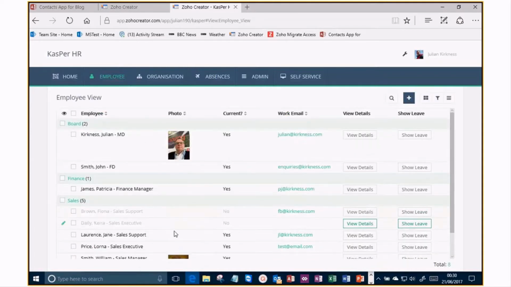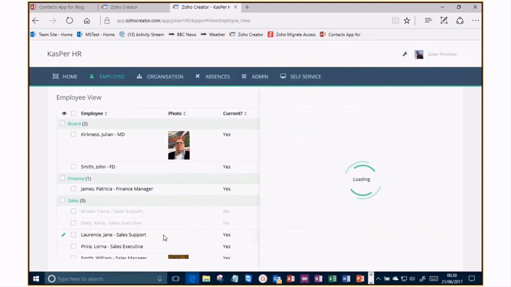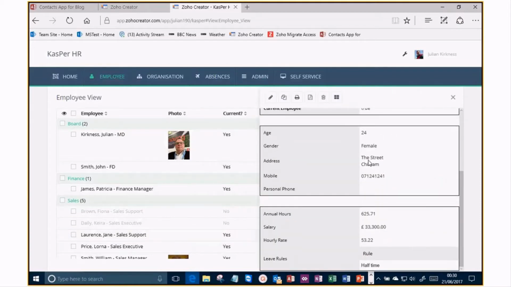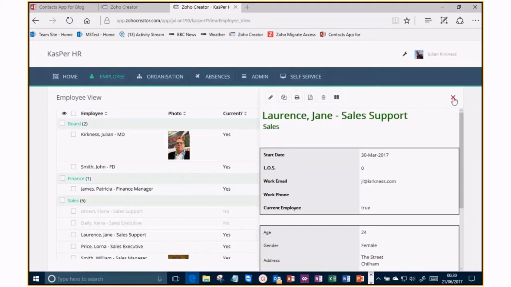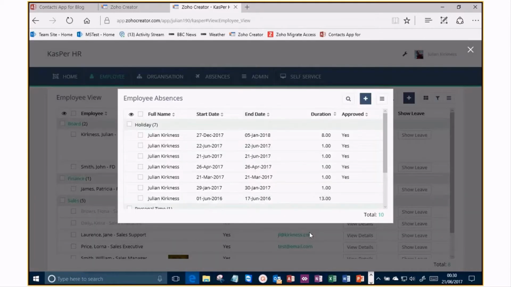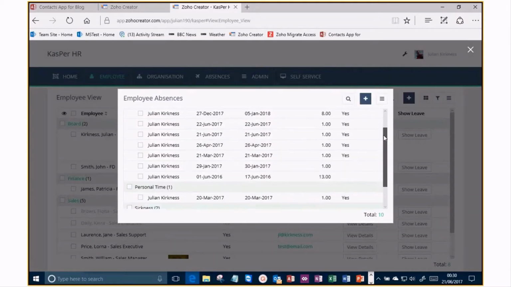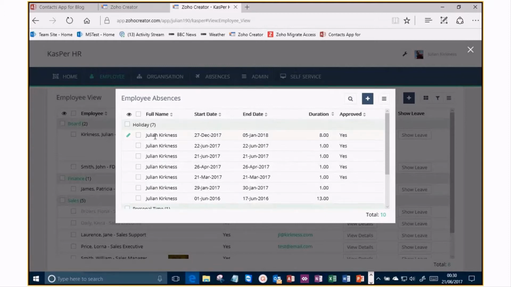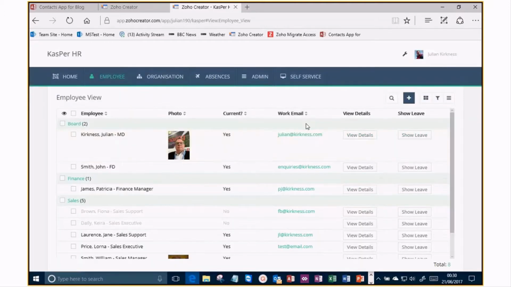I can view details in a formatted way if I want, and you've got quite a lot of control about how those displays work. I can see what leave this person's had, and again I can go in and edit these or view details of each of those records as well,